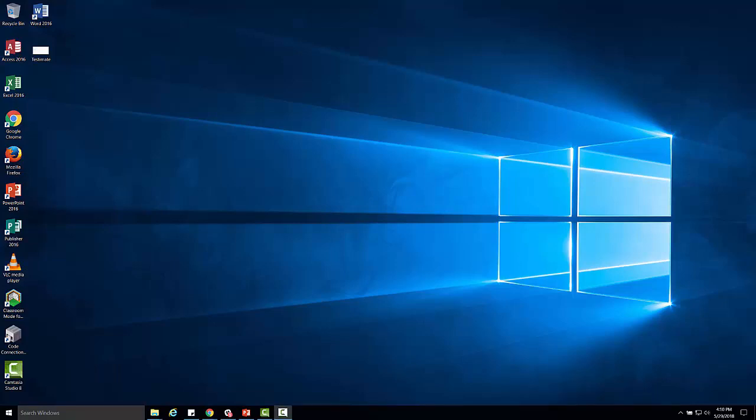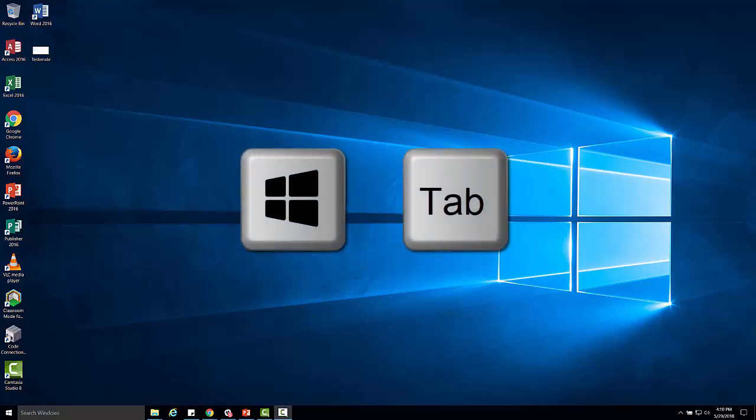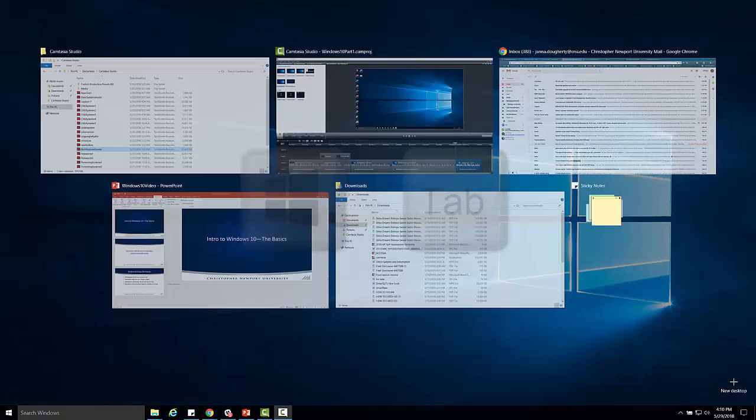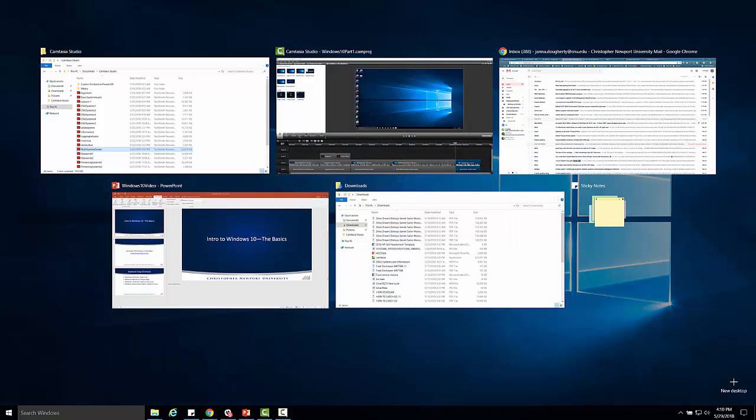In situations where you have multiple windows open at once, it can be difficult to switch quickly from application to application without a long process of minimizing windows and trying to find the one that you want in between actions. To switch quickly between applications without this lengthy process, you can tap the Windows key and the Tab key to see all the applications currently open on your desktop in a smaller format. You can then click on the one you want in order to open it at the forefront of your desktop.